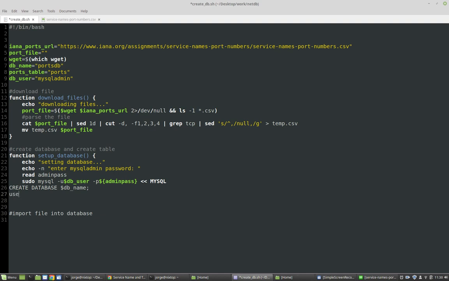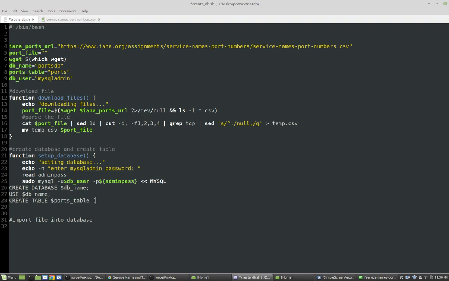So use db name. We are going to switch into that database that we created, and then we are going to create the ports table. So I'm going to say create table ports table,